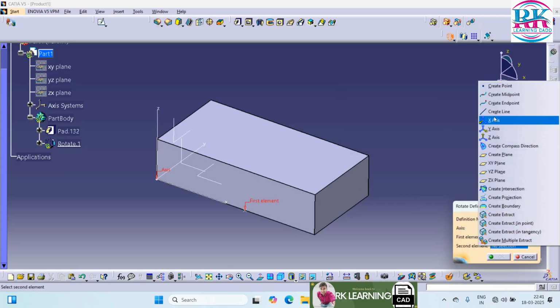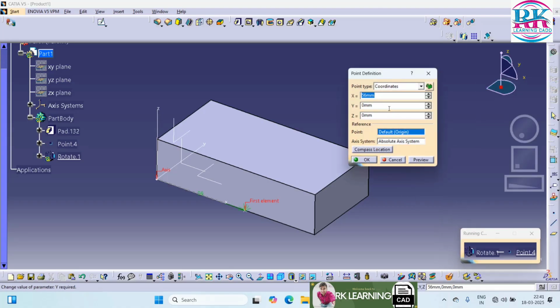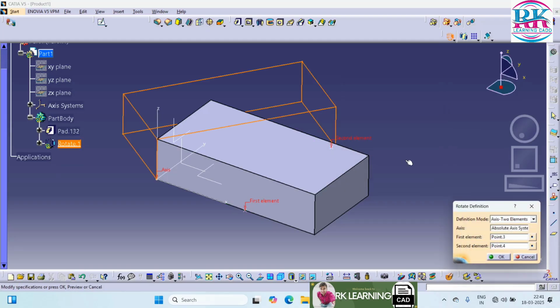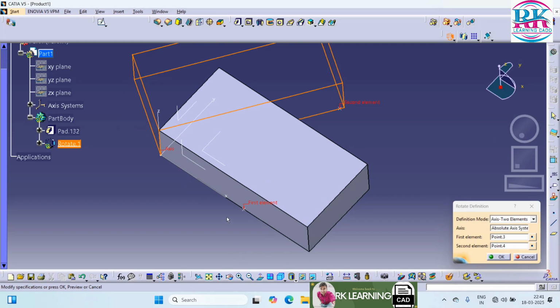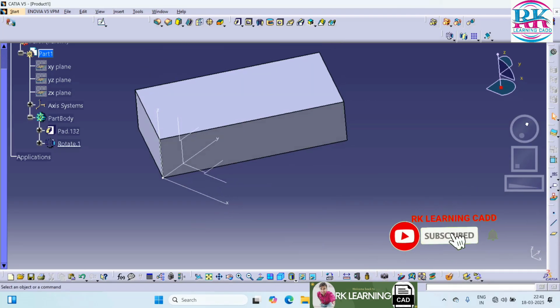Now the next point created: I put y also as 80. Now done. From this point to this point, the angular distance created is how much it rotates. Okay, this way. Control Z.